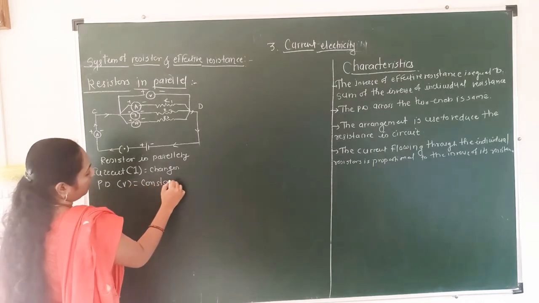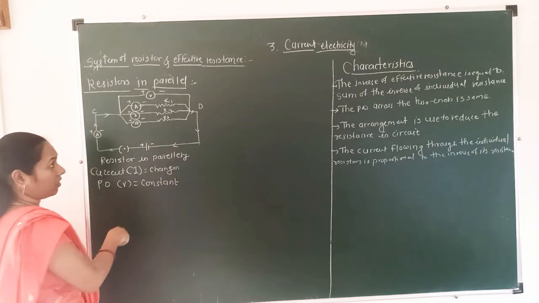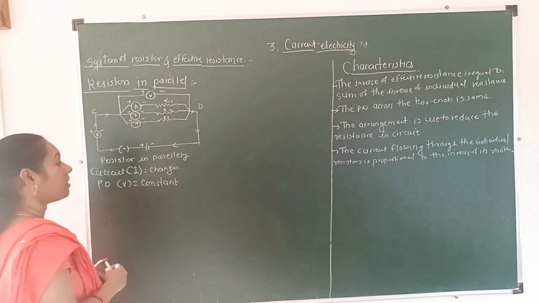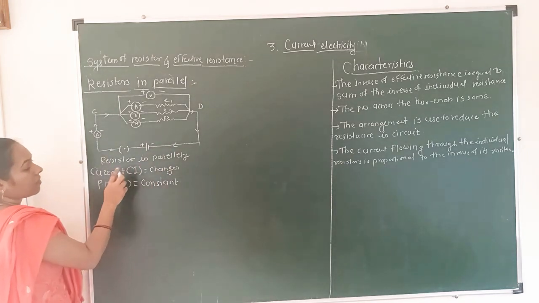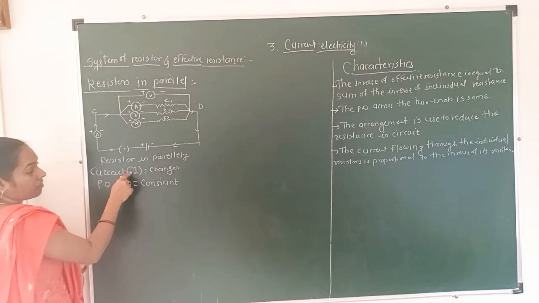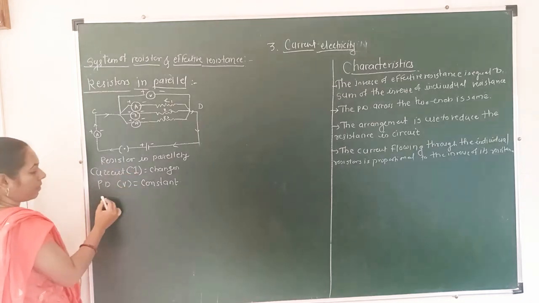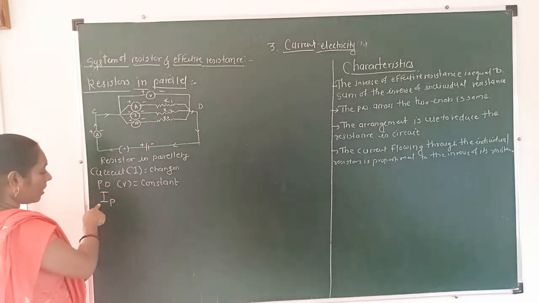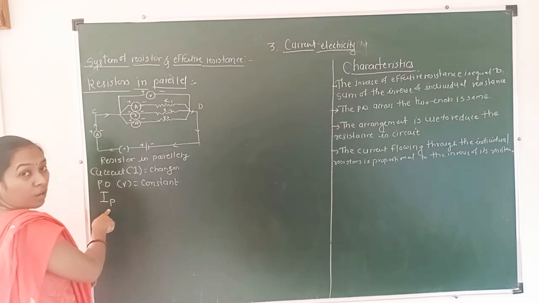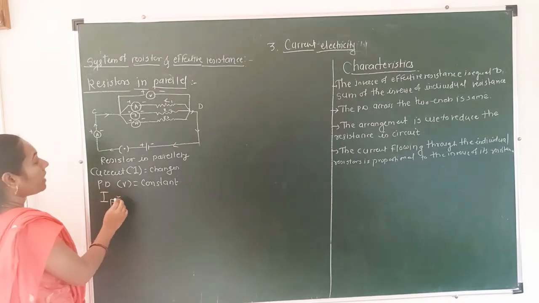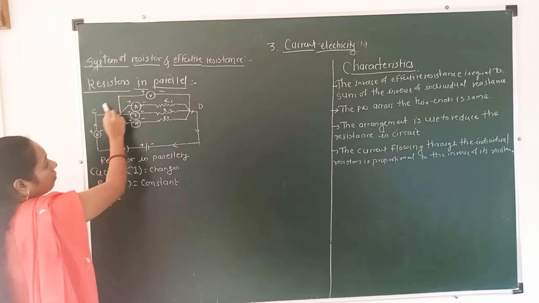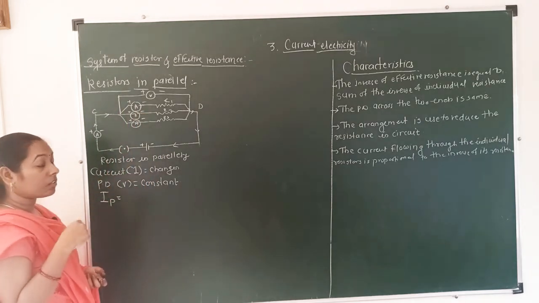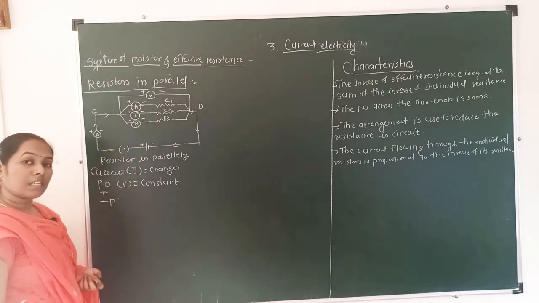See how the current is flowing. What is the equation for this circuit? See, in the equation for this circuit, V is constant, and the current is variable. Therefore I can write here the current flowing through the circuit is IP, because I stands for current and P for parallel connection. Okay, IP is equal to, what is IP? The current flowing through this circuit. With the help of which apparatus is current measured? With the help of an ammeter, current is measured.